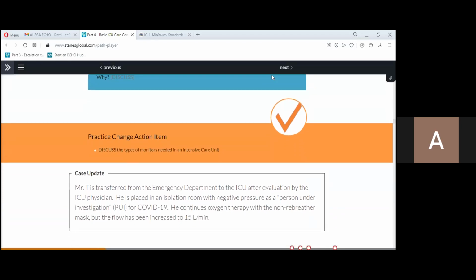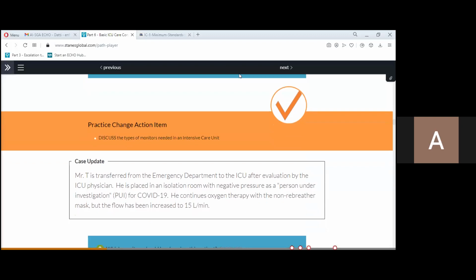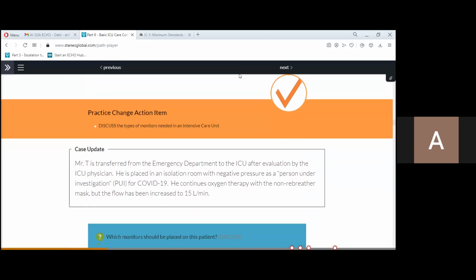Now, I have a case update here of Mr. T. Mr. T, like you rightly said, will require further care in the ICU. So Mr. T is finally transferred from the emergency department to the ICU after evaluation by the ICU physician, which in most of our settings, if you are in a teaching hospital, will be a resident doctor or a consultant anesthetist. He's placed in an isolation room with negative pressure as a person under investigation, which is PUI, for